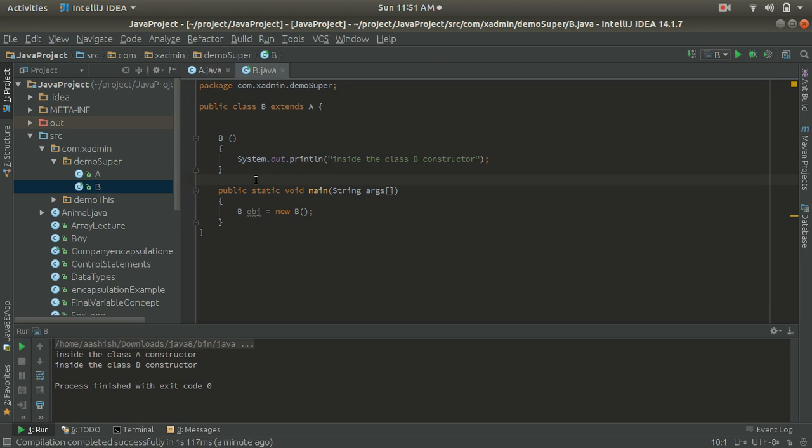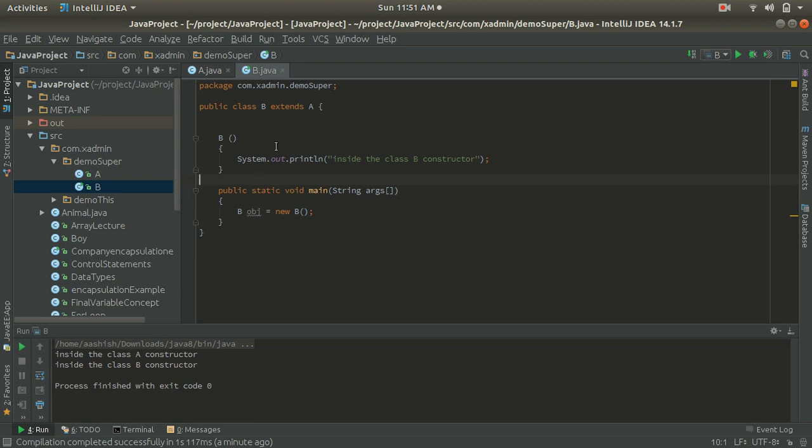And I have not used the super keyword. Still, it is going to call the parent class constructor first, and then after that it is going to call the child class constructor. Here the compiler puts the super keyword itself in the child constructor to call the parent class constructor.